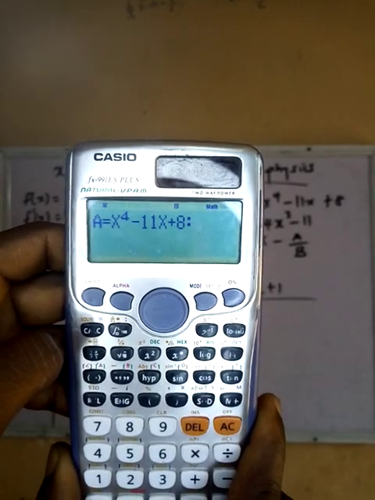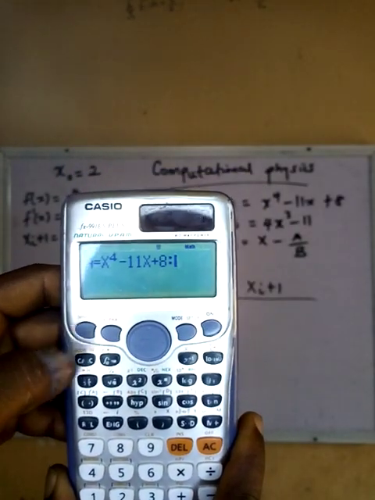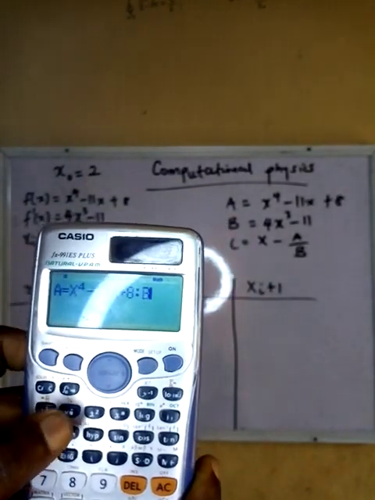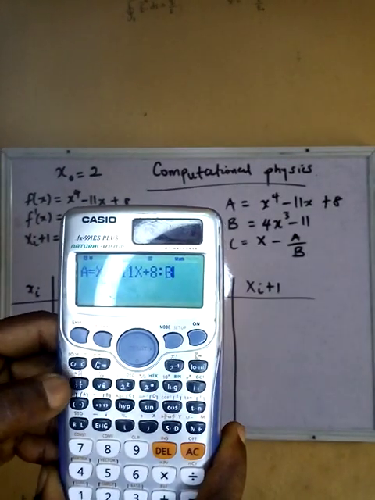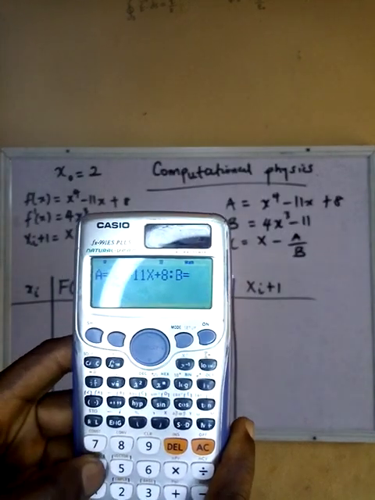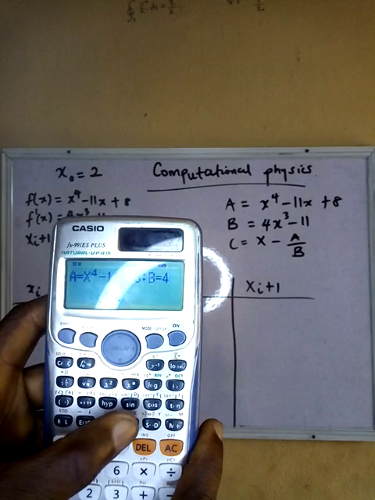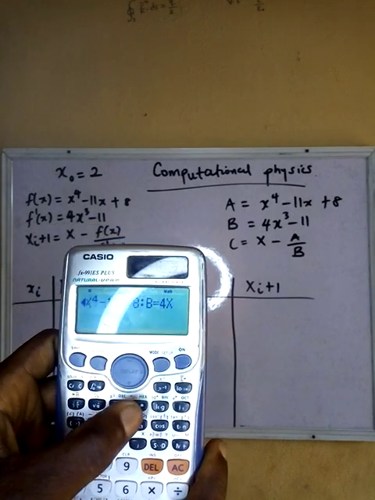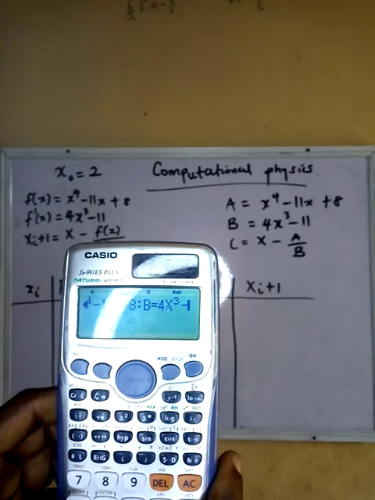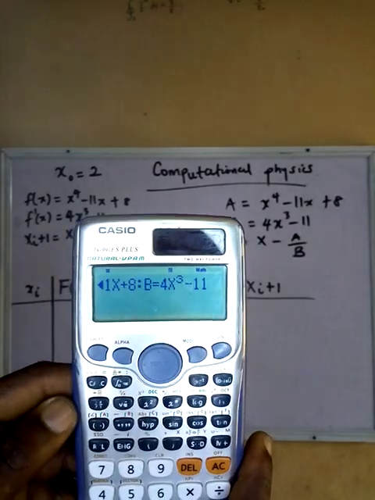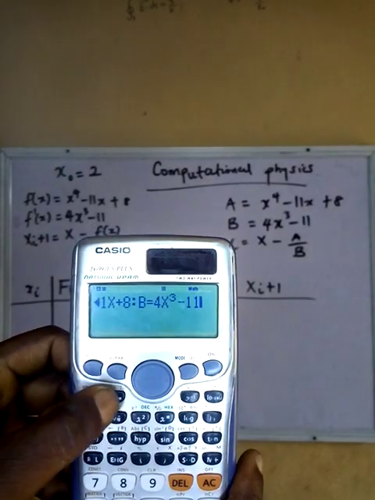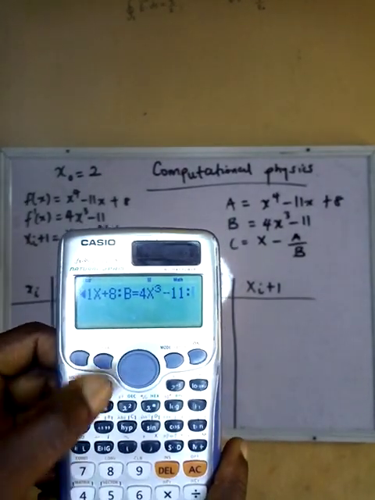So whatever we do next will be the line of codes for the other function. So from our board, alpha B is equal to, you put alpha equal to, then next is 4, then you press alpha x cubed, you go down, then minus 11. This is the second function. So for the third function, you have to separate the line of code. So alpha, this colon will separate it. Then alpha C